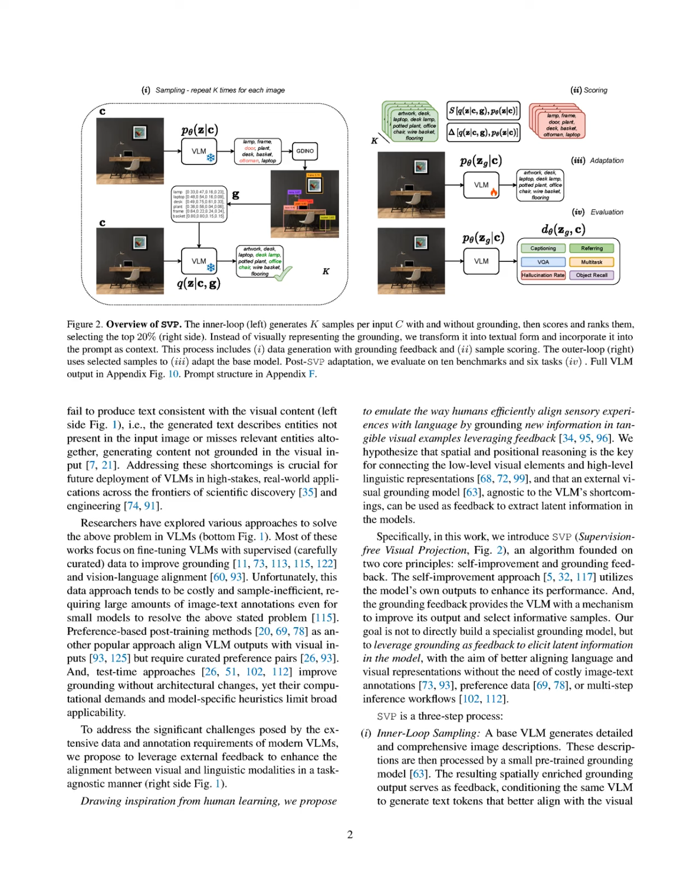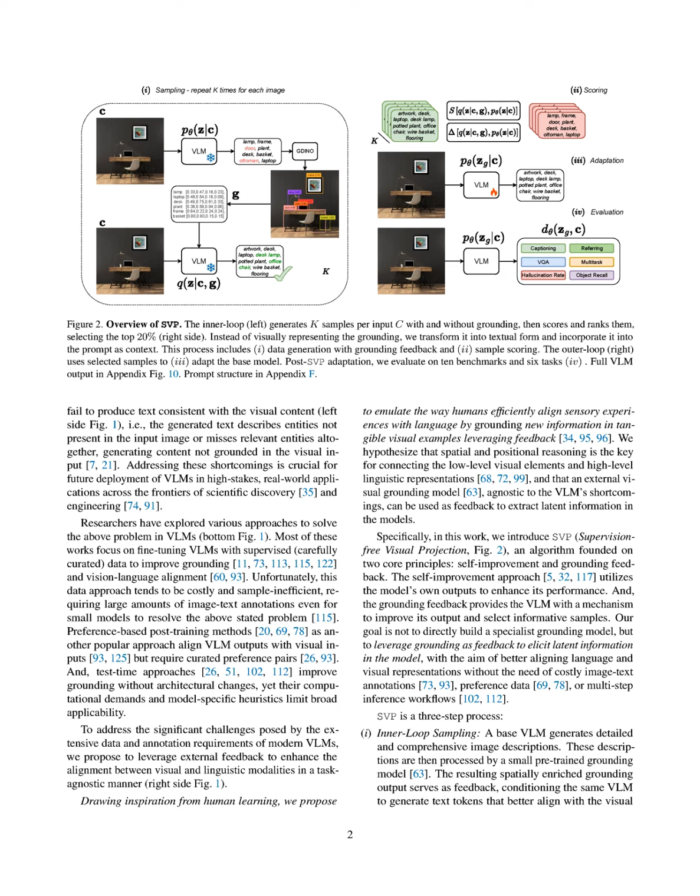The SVP algorithm aims to solve the problem of misalignment between visual and linguistic modalities in vision language models, VLMs, specifically addressing issues of hallucinations and biases that lead to generated text that does not accurately reflect the visual content. Existing approaches, such as fine-tuning with supervised data, are costly and sample inefficient, requiring extensive image-text annotations. Preference-based post-training methods also necessitate curated preference pairs, while test time methods are limited by their computational demands and model-specific